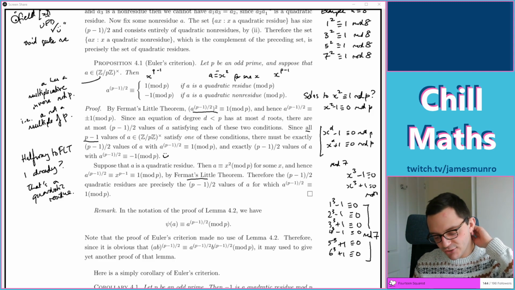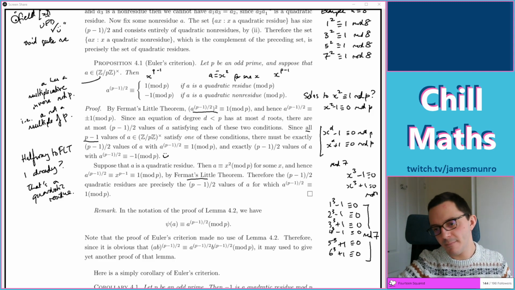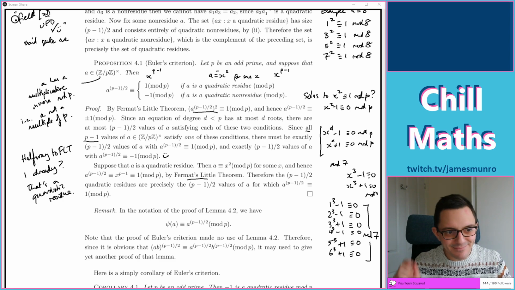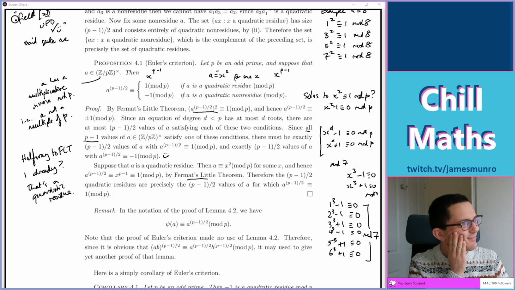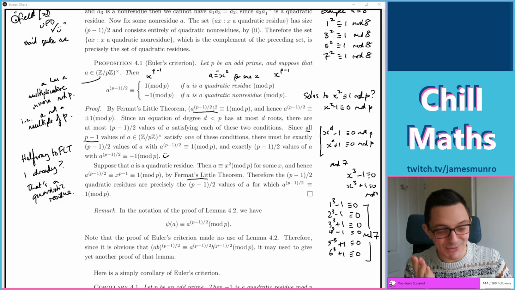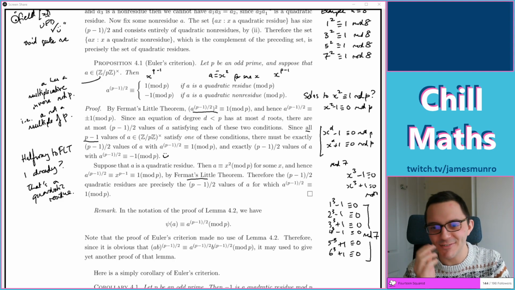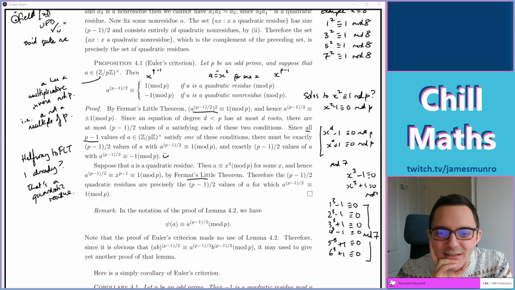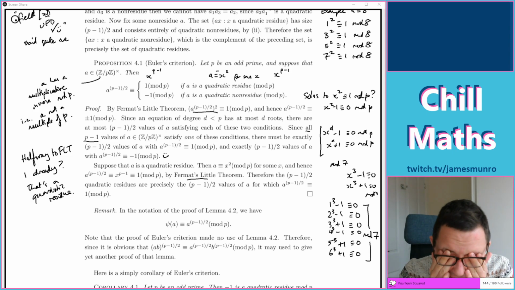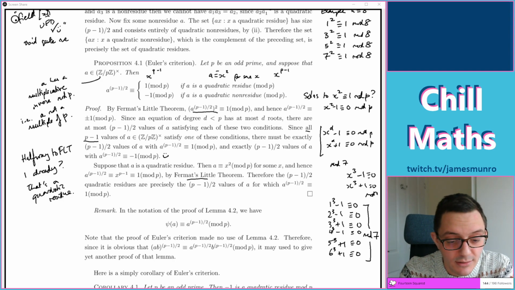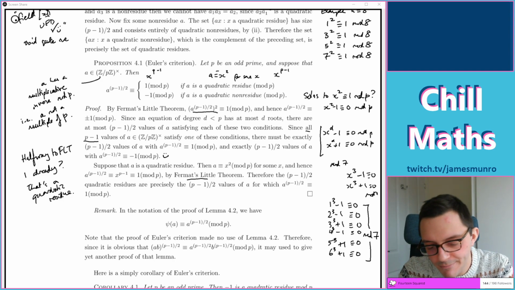It's a bit like trying to find the square root of a number mod p. Which is not as bonkers as it sounds. It sounds kind of bonkers. But trying to find the square roots. Yeah, I guess, is this a different way of guessing how many there's going to be? Let's try and square this circle.